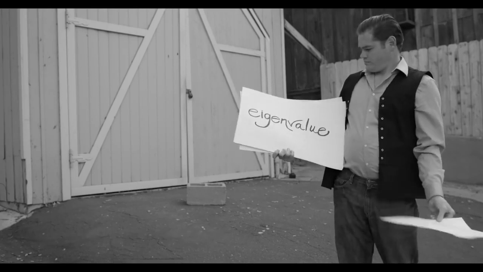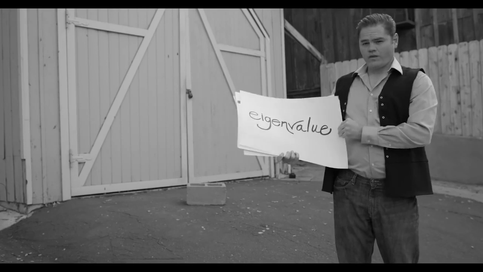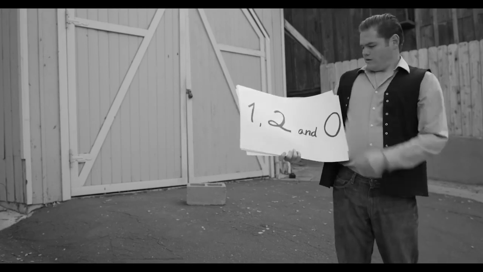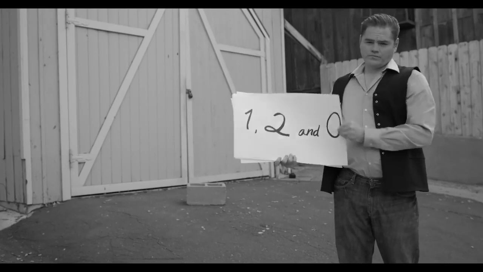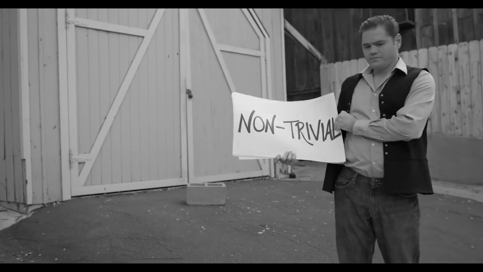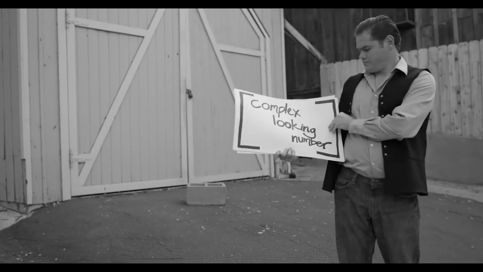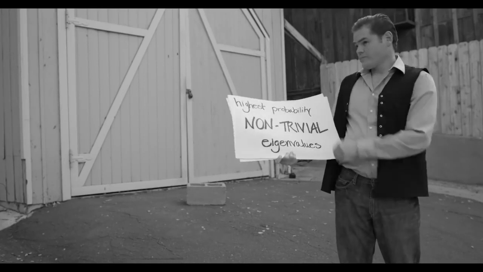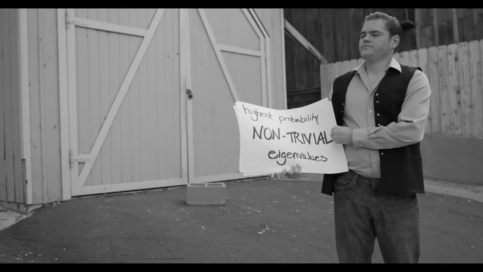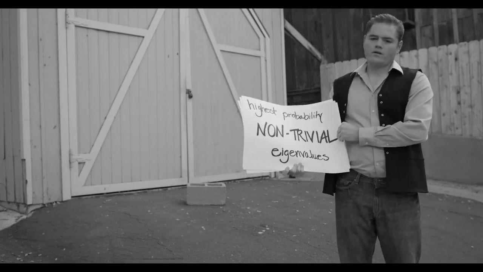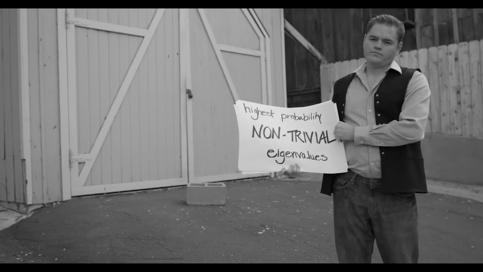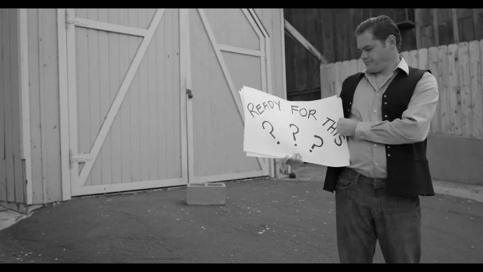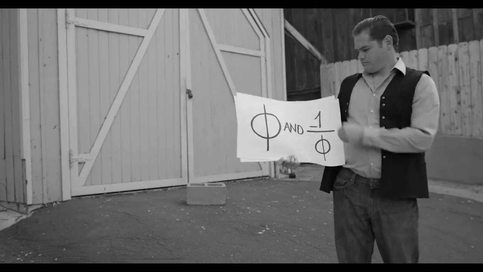It's called an eigenvalue. Some eigenvalues are called trivial. These are values like 1, 2, and 0. And some are called non-trivial. And those are all sorts of more complex-looking numbers. So, here's the interesting part. The highest probability non-trivial eigenvalues that show up in binary matrices are, ready for this, the golden ratio and -1